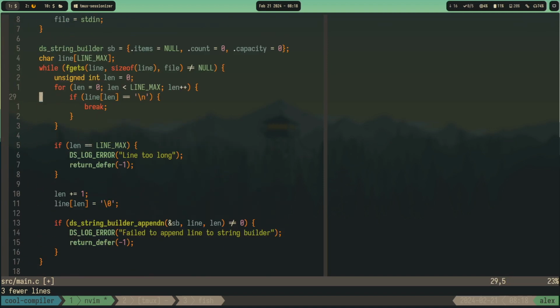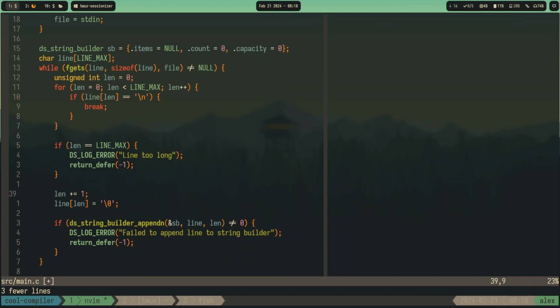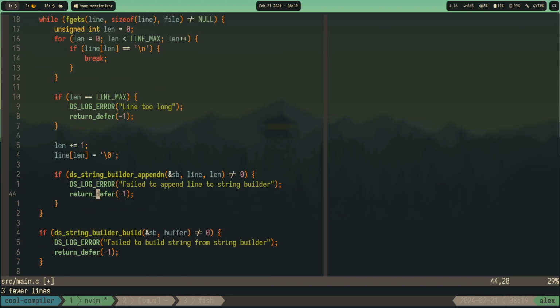So the problem, like, I don't get it. What was the problem? Oh, wait. Len was the index. So yeah, we need to do len plus 1 because we started from 0. Yeah, I mean, my bad. Anyway,